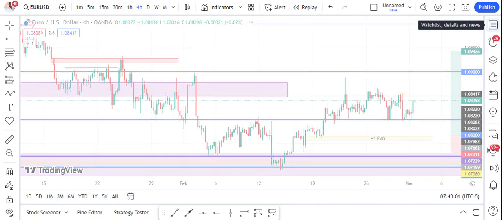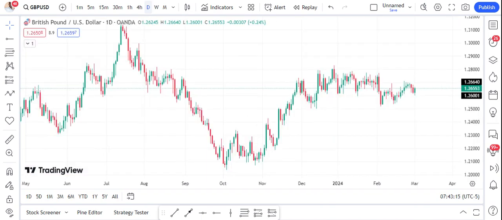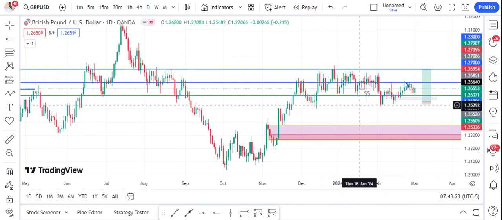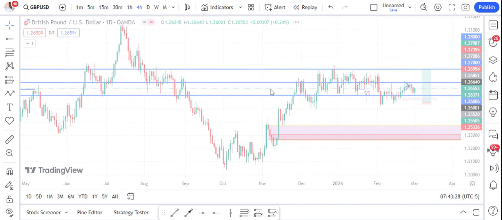The next currency pair I'll be talking about is GBP USD. GBP USD also has a long bias. I'm holding a bullish bias. I've been bullish, and I talked about how I want to catch the next 200 pips move from 1.26 to 1.28. We're on the daily, and then let me zoom into the 4 hours. I did enter on a buy just above the 1.26 level.